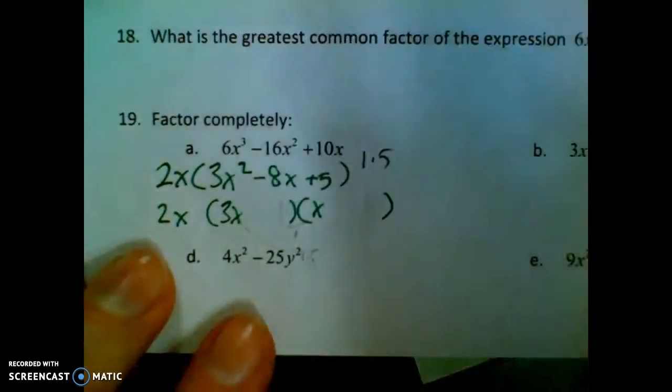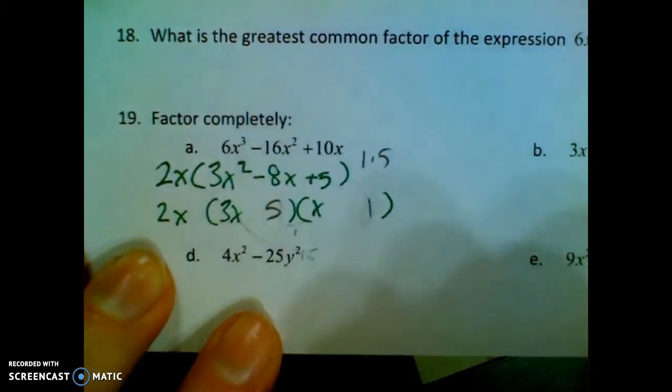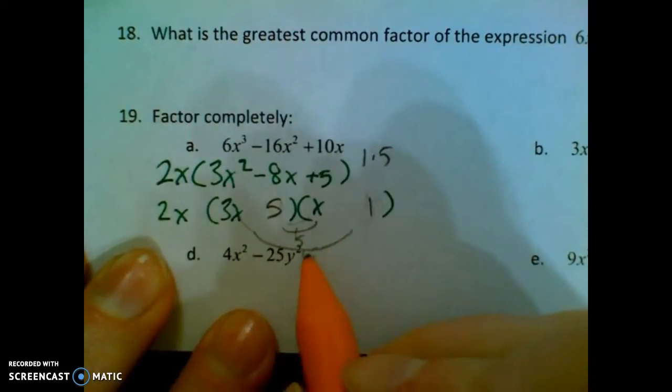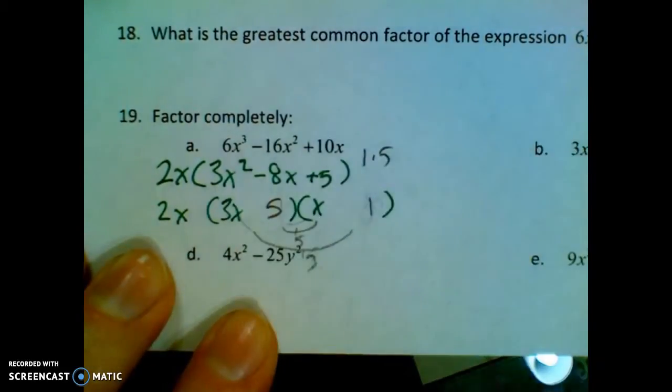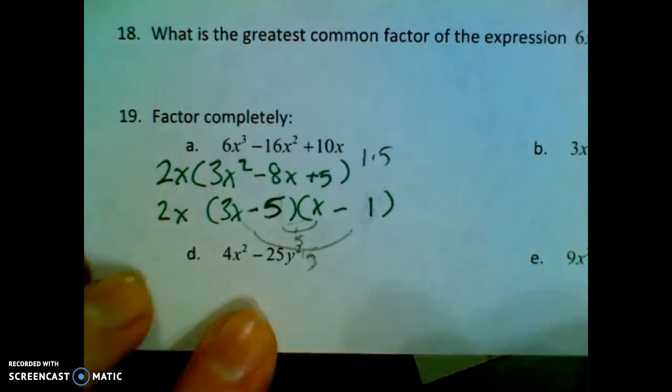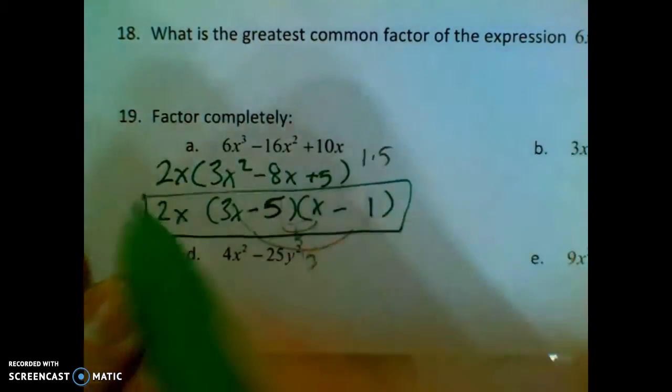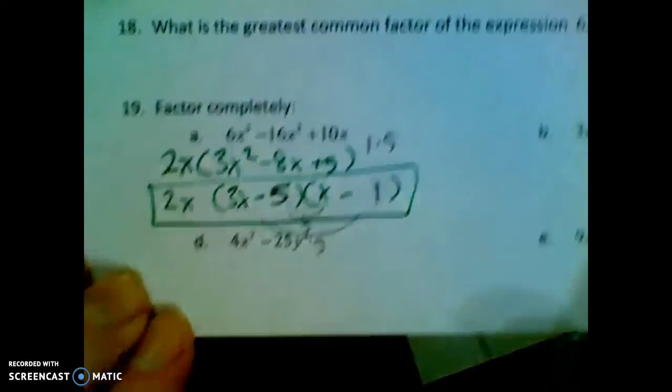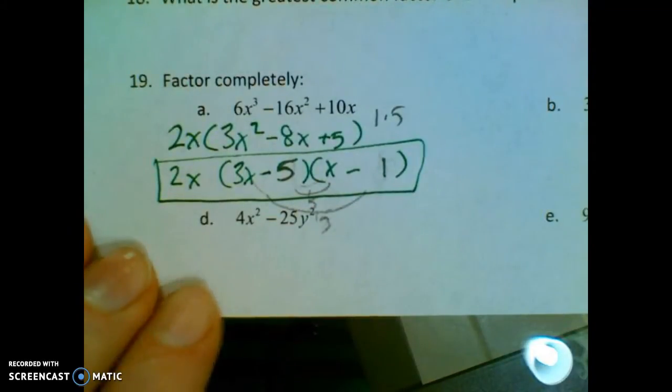So I'm just going to swap it around. Put a 1 here, put a 5 here. Inner product 5, outer product 3. 5 and 3 give me 8 if they're both negative. So make it a negative 5 and a negative 1. And there is that guy factored. Not too much work. I'm going to go ahead and do the one right below it as well, just because